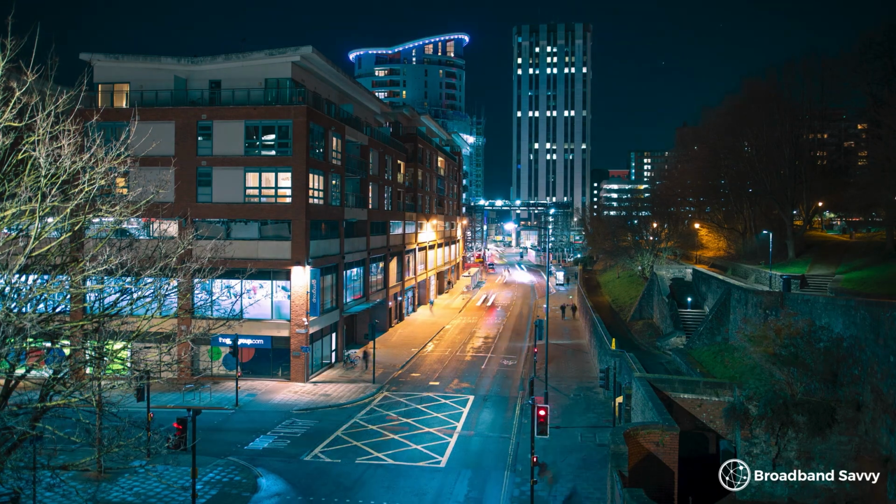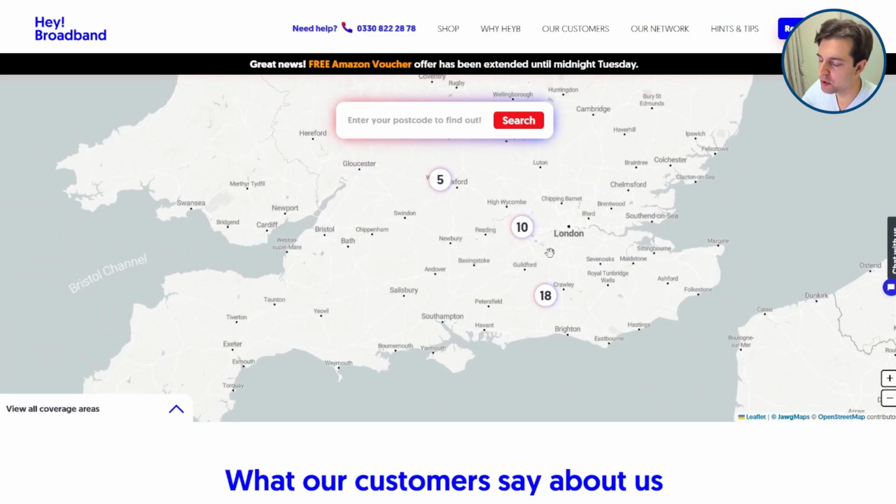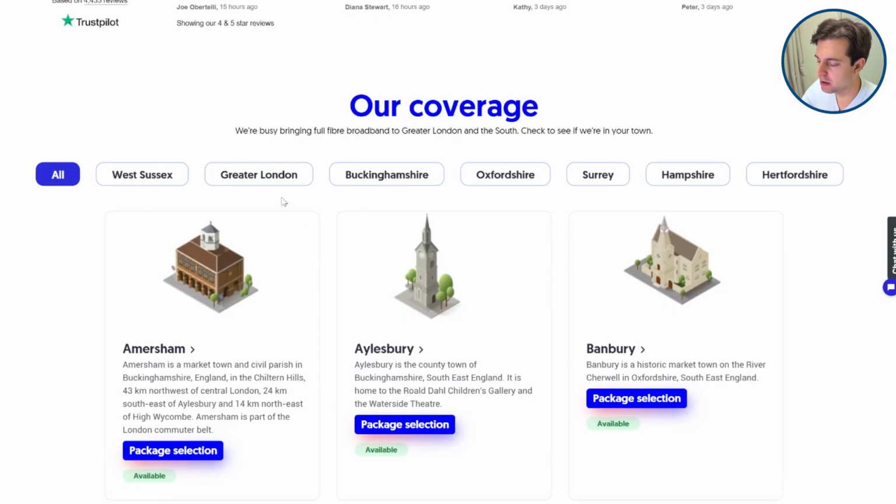Hey Broadband is a smaller broadband provider with coverage in the south of England. They don't use the Openreach network like most other providers do, like Sky, BT, Vodafone and so on. Instead, they have their own infrastructure, meaning their plans and pricing can be quite different from most of the major providers. Currently, Hey Broadband's coverage is centred in these areas shown here, around West Sussex, Greater London, Buckinghamshire, Oxfordshire, Surrey,